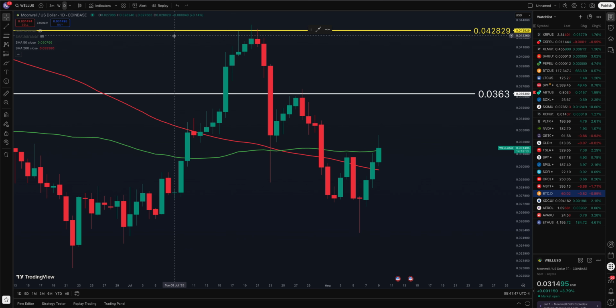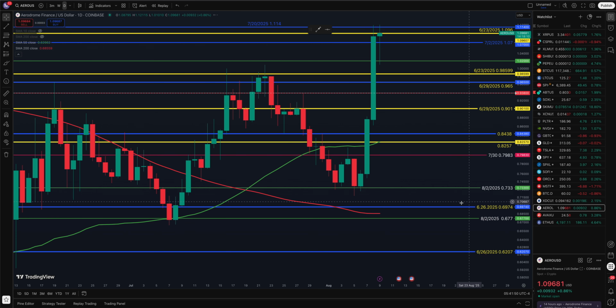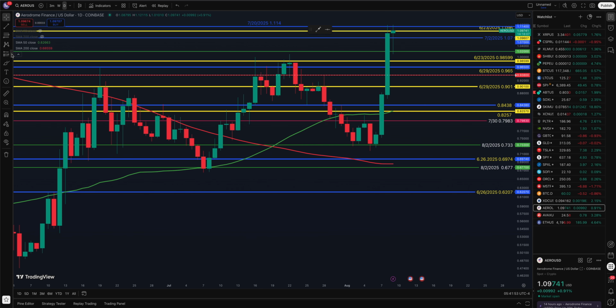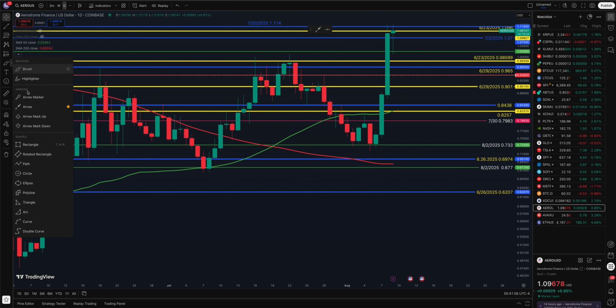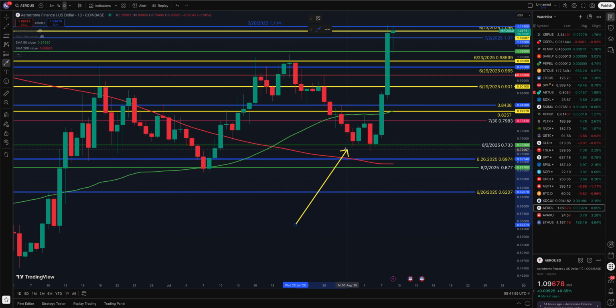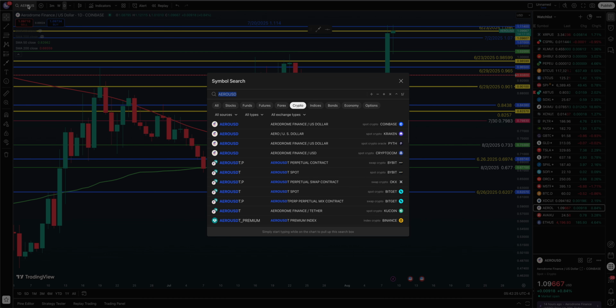We'll come back to this chart in just a moment. Here's what we're seeing for Aerodrome Finance. Let me get my correct tool here. Aerodrome Finance, same thing. This is a nicer chart, but it took out the lows, rallied, and put in a higher high. We took out the highs here from the 4th of August. Boom, boom, boom. So this market really took off, and we also took out these highs over here from the 22nd of July. So the higher low has not come in yet. At some point it will. So again, it's not always as perfect as that drawing was. Let's go back to Moonwell. But that's what we're really looking for here.